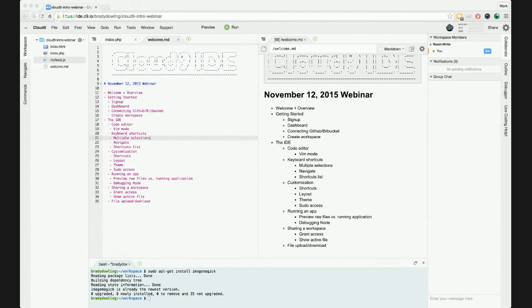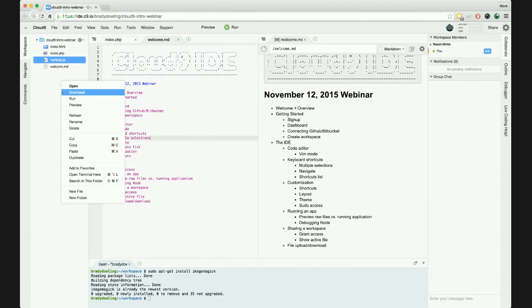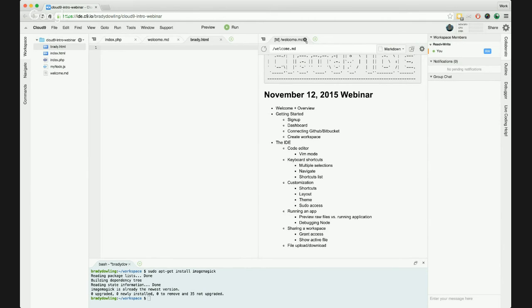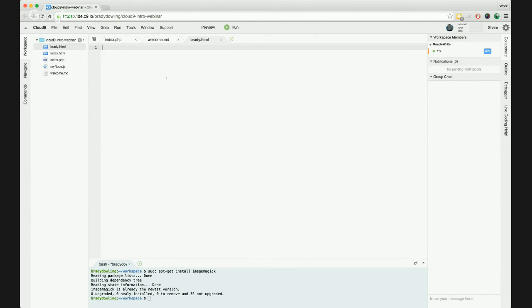Okay, let's see. I have one other question about showing HTML and CSS3 from scratch. So let me show you making a brand new file here. I'm just going to go ahead and make an HTML file. And I can open this up, and I'll just clear this out. One thing that I forgot to mention is that Cloud9 does have Emmet support right away. Emmet is a way to have little short snippets of text that you can autocomplete. So for HTML, it would be,